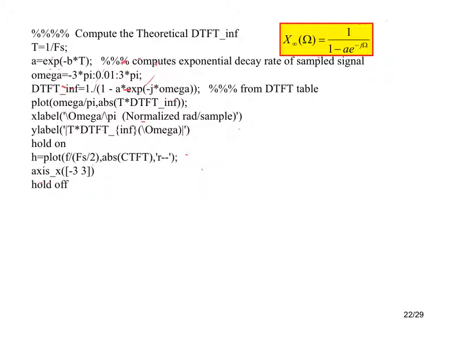Now, I will state in passing, why am I saying H equals plot? Well, I don't use it here, but that's called a handle, a graphics handle. Once I assign H some number that comes out of this plot command, it's an identifier number that identifies that particular curve. And then I can go back and use that H number to set any characteristics of that